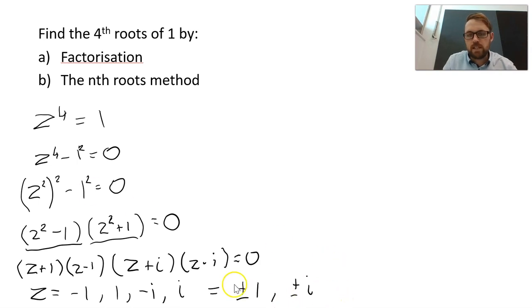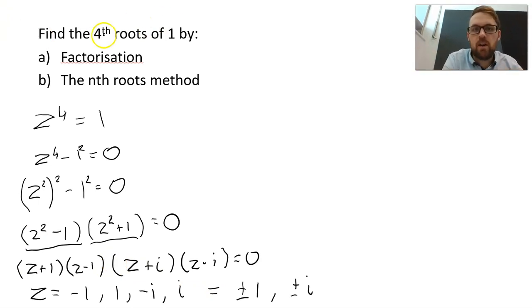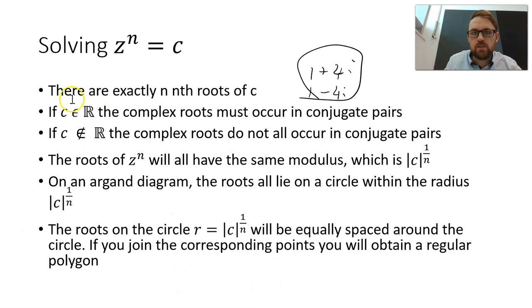All right, so this here is the answer. What this means is we've got z to the power of 4, we've got 4 roots, so we're going to get 4 solutions, which we have here. If we go back to our previous answer, there's exactly n number of roots, so we've got exactly 4 roots. If c belongs to the real numbers, which it did, it was 1, it must occur in conjugate pairs,